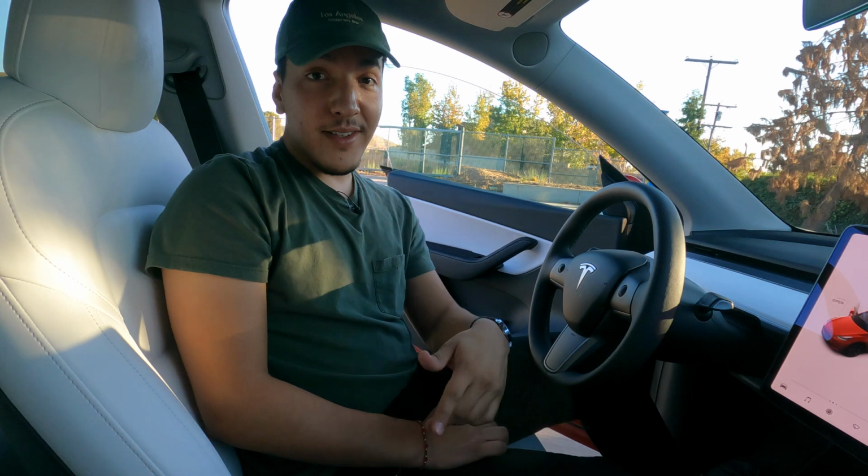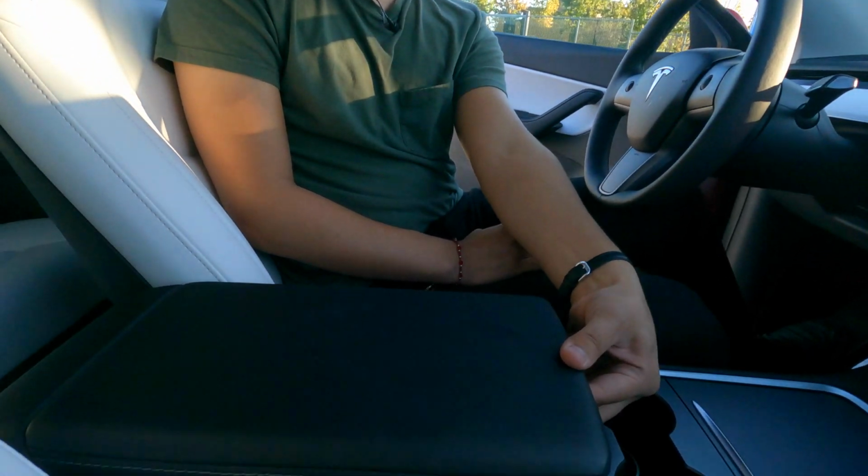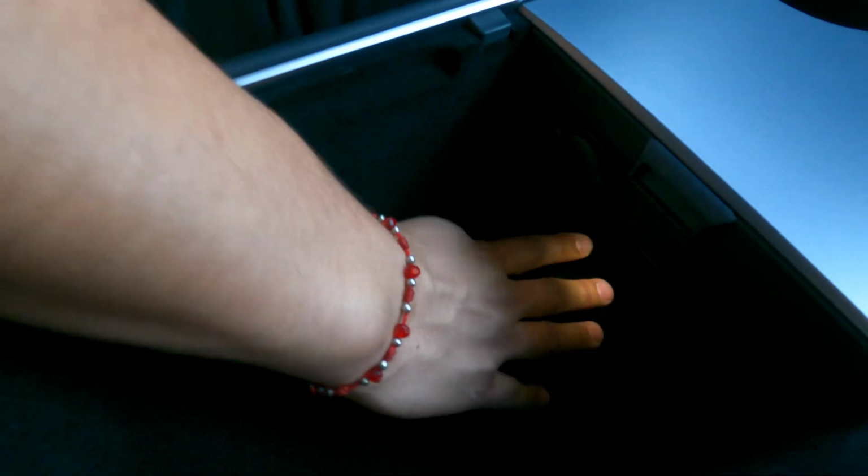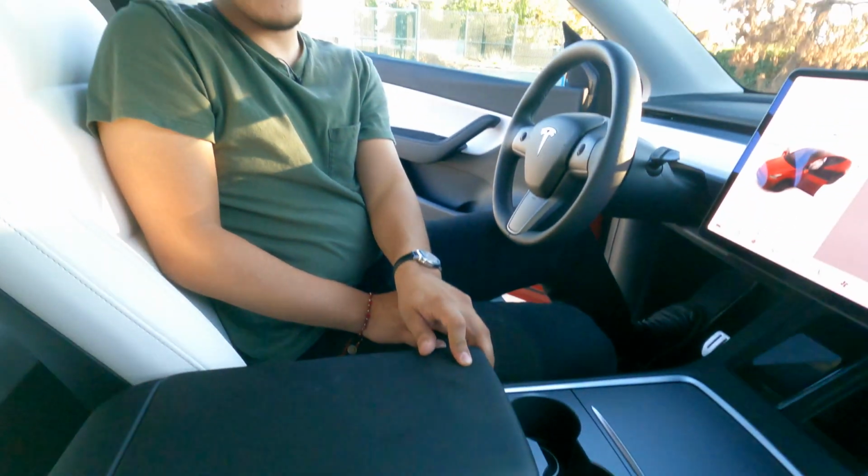So here on the center armrest, so just pop this open, kind of just push up here, and now you go inside and you can actually see there's a 12 volt, and it actually goes kind of deep as you can see. My arm goes in there, and it's just a little light in case you want to see what you have. But closing this back up, I do want to mention you also have your sun visor here,